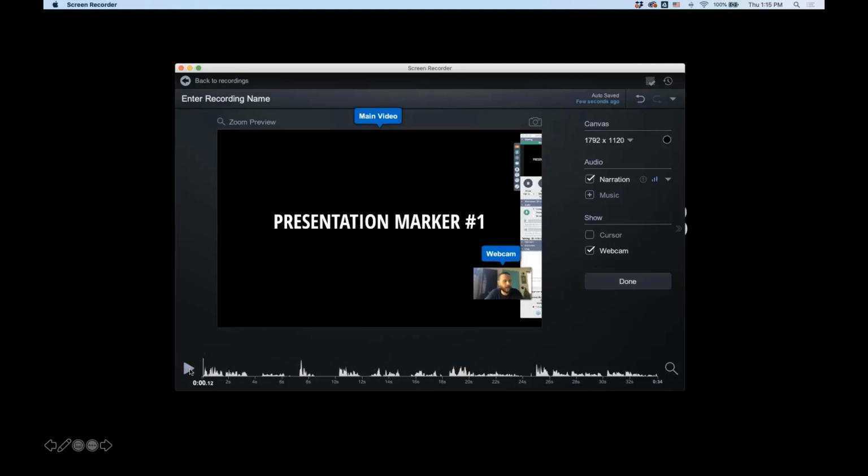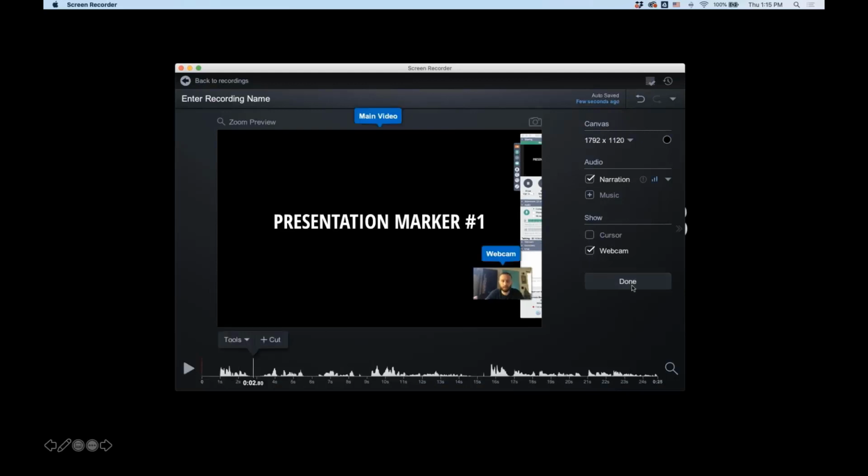Now to get rid of that, all I have to do in this tool is go to where I want to start my cut, press cut, drag to what I want to delete, and then press OK. When I do that, I'm going to start walking through my presentation. I've got a nice clean video. As soon as I'm done, super easy like that again, you just press the done button and then upload to